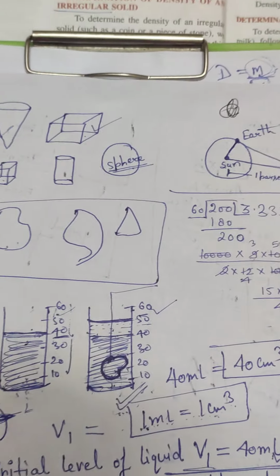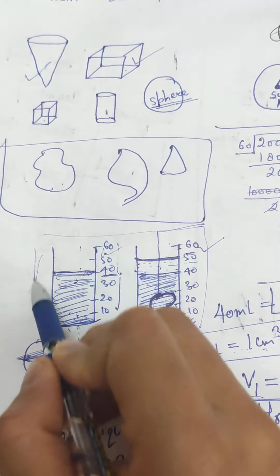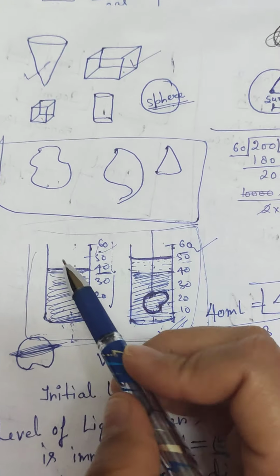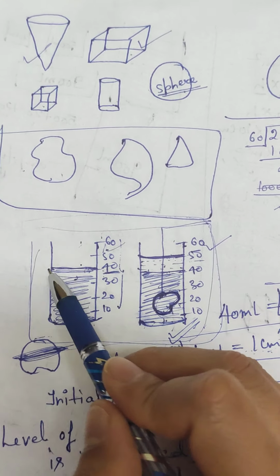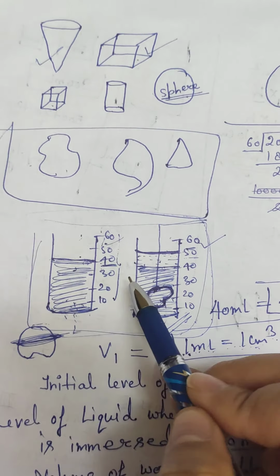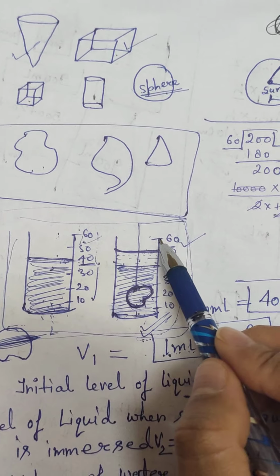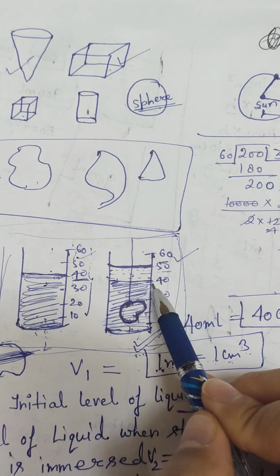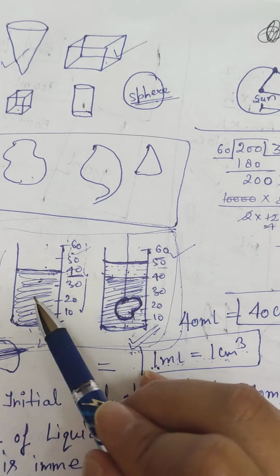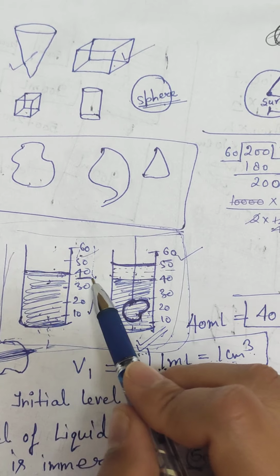You will use the same thing. This one. Do you remember? First, you will take a vessel, then fill it with water, and fix a label. Then the same as the second beaker, you will take the same beaker. Pour the amount of water the same as the first one, and note down the initial level of the water.